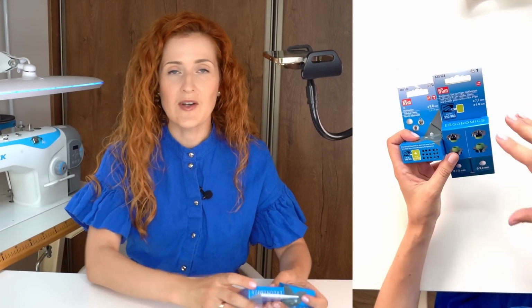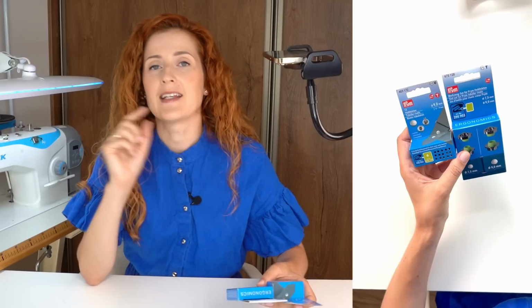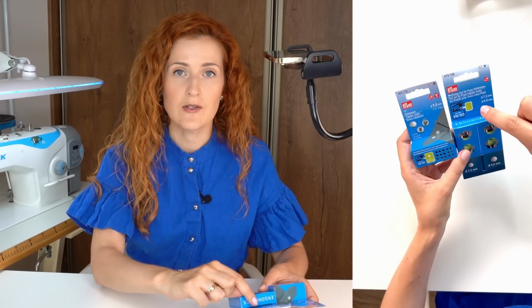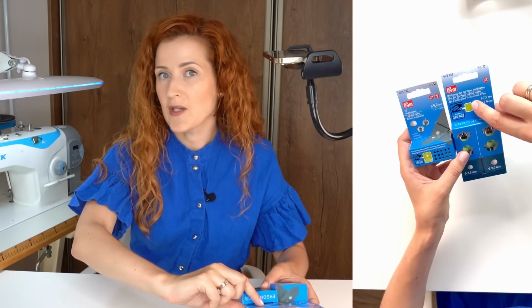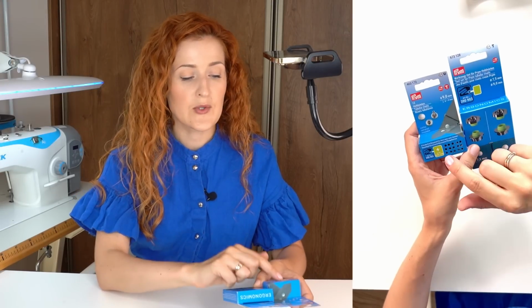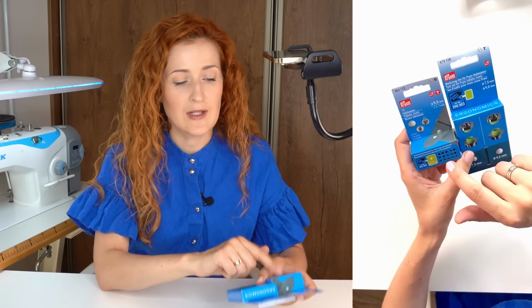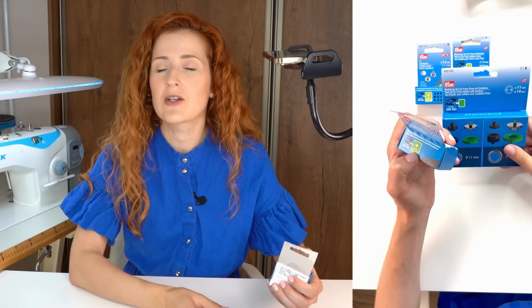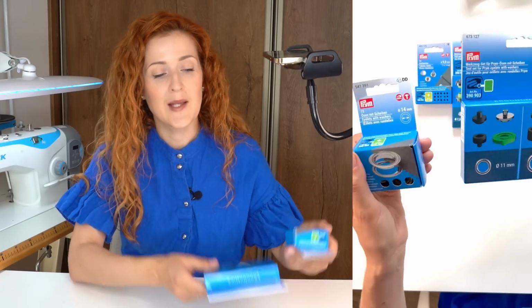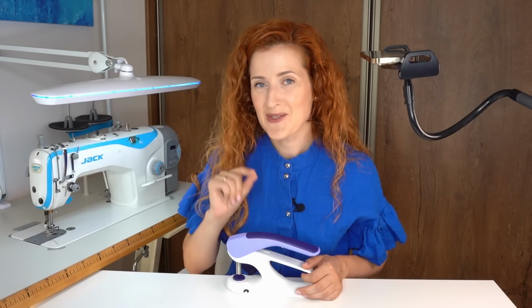I wanted to show you one more thing that I like about this set particularly. When you're installing rivets or eyelets, you will need different tools, and each pack is color coded with different colors showing which tools go with which item. For example, here we see the light green color on the tool set for rivets, and we also see the same light green color on the rivet packaging, meaning these two go along together. If you take the eyelets, you would see that the color is dark green for the tools and dark green on the eyelet set as well, meaning these both come together. This is a very nice feature because you will always be able to tell apart which item is meant for which tool. So we saw what comes in the box of this tool, and now let's put it to the test